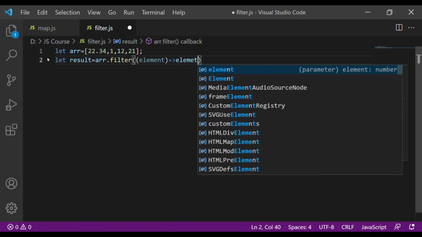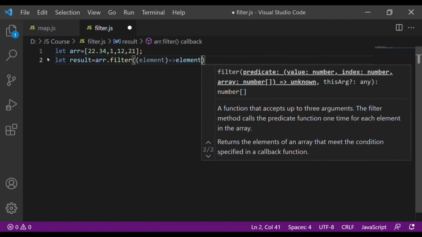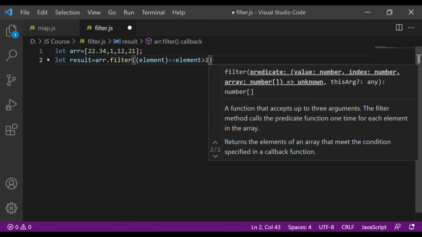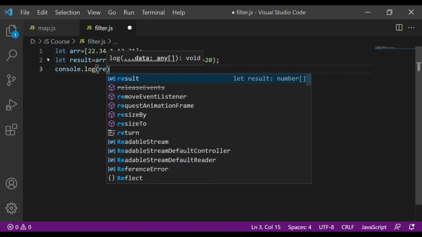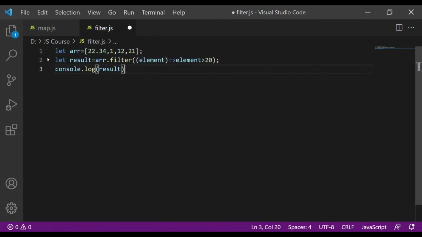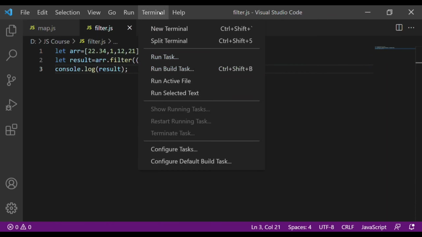Hope everyone is familiar with arrow functions. And now I am checking one condition. If the element is greater than 20, then only I want to show it in the console. So the result array will contain only the elements which satisfy this condition, element greater than 20.